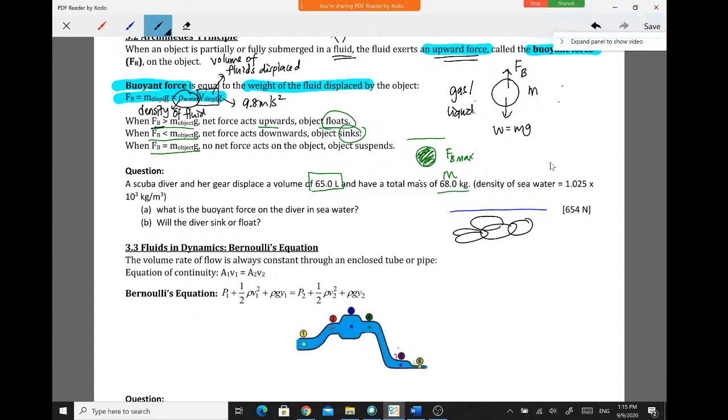The volume here will be the volume displaced, which is equal to 65 liters. To find the buoyant force, rho V g: rho of the fluid or liquid, V the volume displaced, g the gravitational acceleration. The density of the seawater is 1.025 times 10 to the power of 3. The volume displaced is 65 liters. Convert to SI unit, times 10 to the power of,